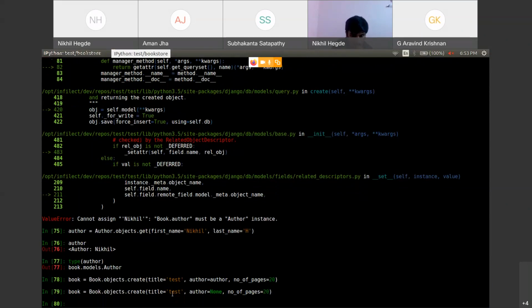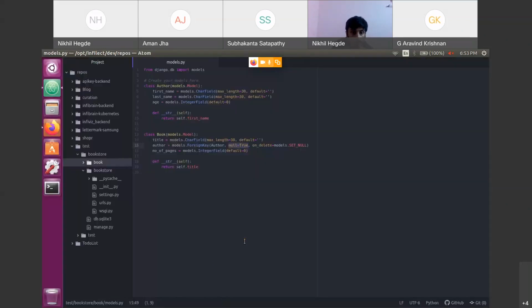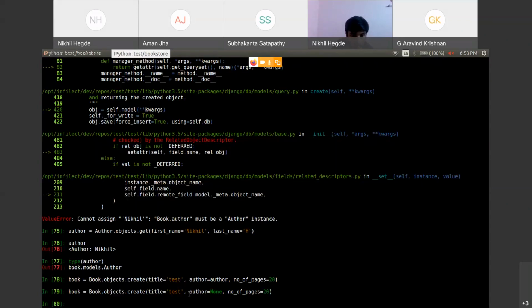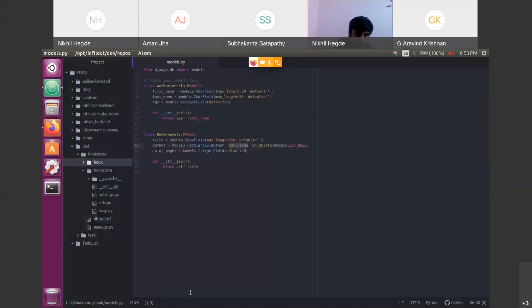So I'm creating a book called test without any author because I have added this condition at the database level only. It can take null values, null equal to true. That's why I have added it. Even if I don't fetch any author object, even if I add author as none, it will work because I have added the null equal to true condition in the table itself.